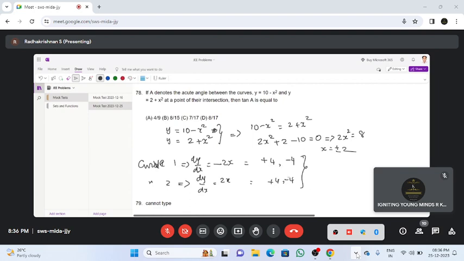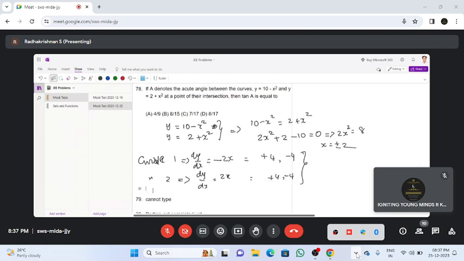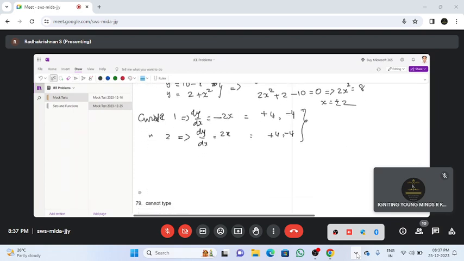So that is what we say from here. There are two tangents that can be drawn. So for the first curve, if it is 4, the second curve it is minus 4, or first can be minus 4 and plus 4. So now we have to simply apply that formula that Tino just now said. So let us say 4 and minus 4. Then the angle between the lines, tan A